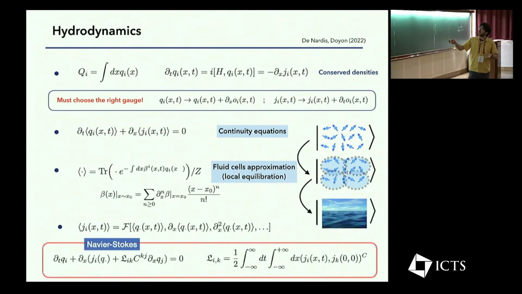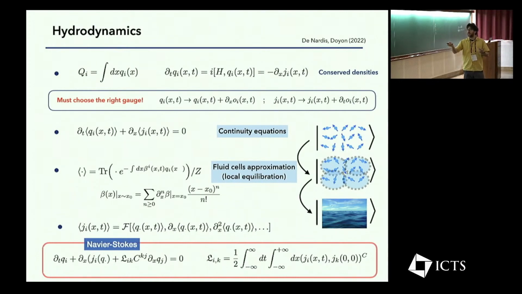And if you do that, then you can finally manage to write, because the whole point is how to write the expectation value of the current in terms of the expectation value of the charge. You have to close the equation. Then you write this function in terms of the charge and their derivative, and you arrive, for example, if you stop at the first two orders, at the so-called Navier-Stokes equation, right? Which is an